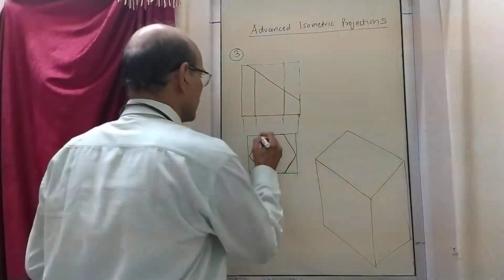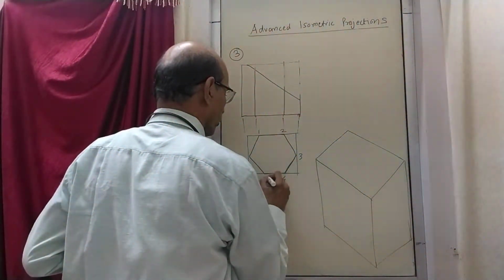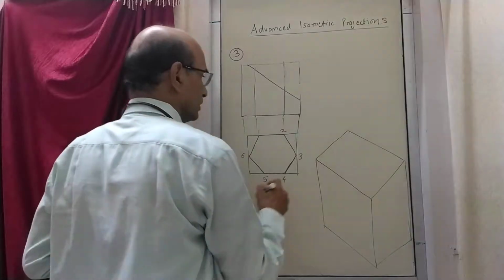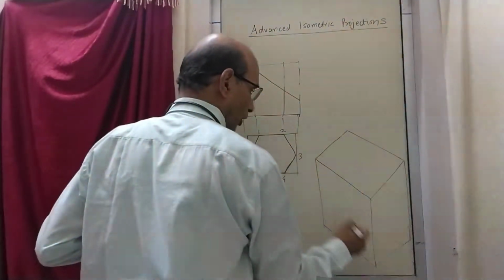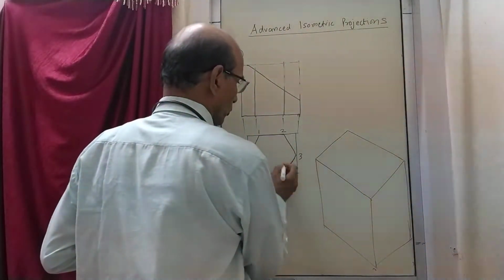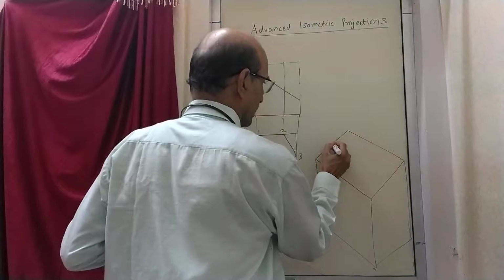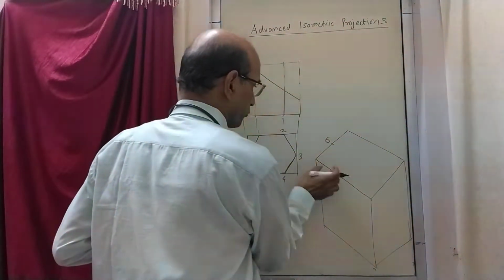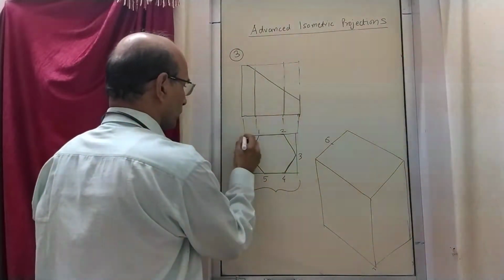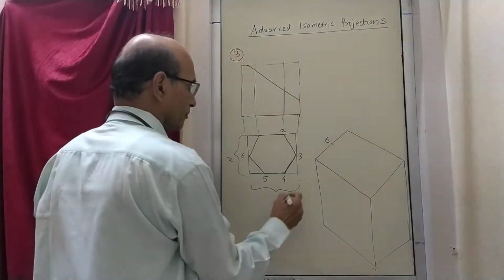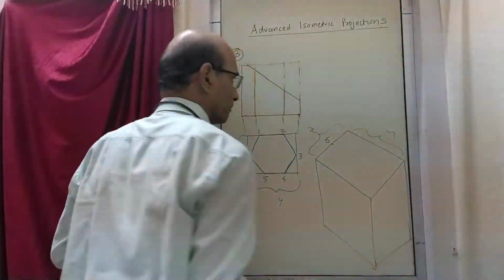Now if I mark these points 1, 2, 3, 4, 5 and 6, then you have to mark these points correspondingly here. This is the front point O. So 6 will come here, 5 and 4 according to that. See, this we have drawn whatever distance, suppose this is x and y, then it is taken like this, x, and here it is taken y.